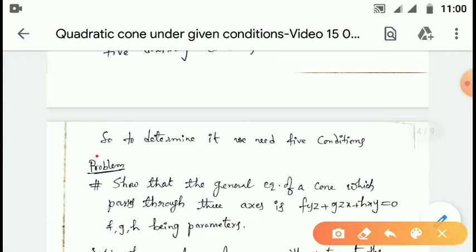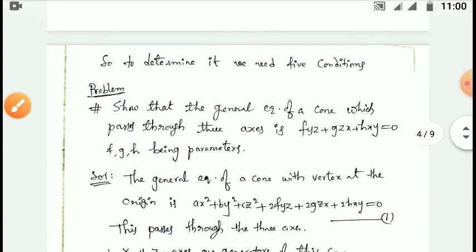To determine these 5 arbitrary constants, we need 5 independent equations, and hence we need 5 conditions. So by solving some problems, we can easily understand how to find the equation of a quadratic cone when